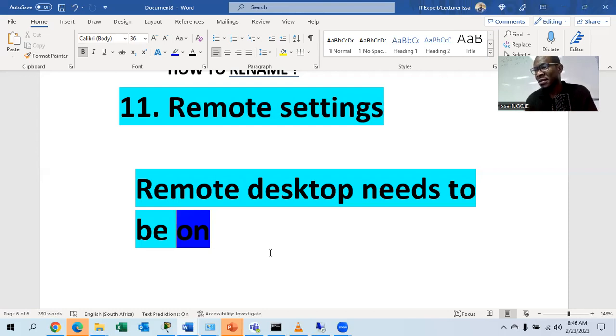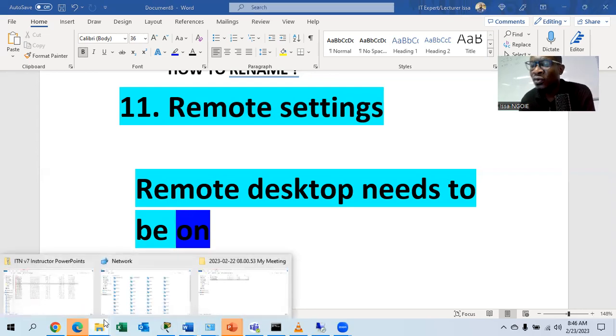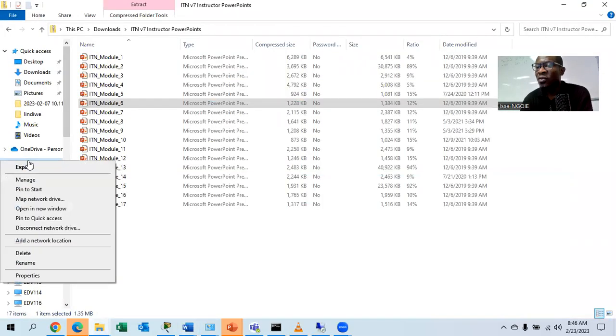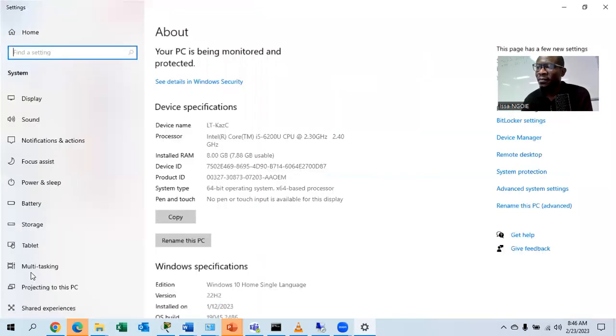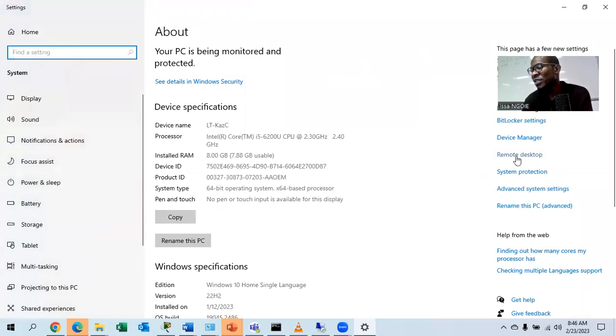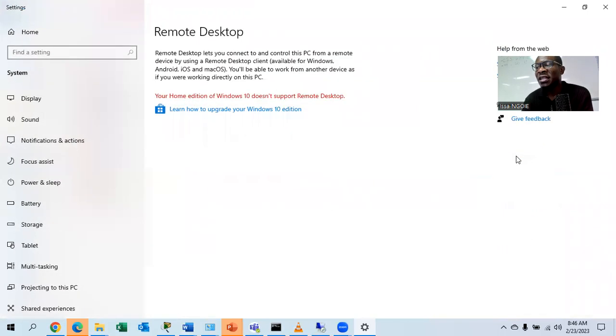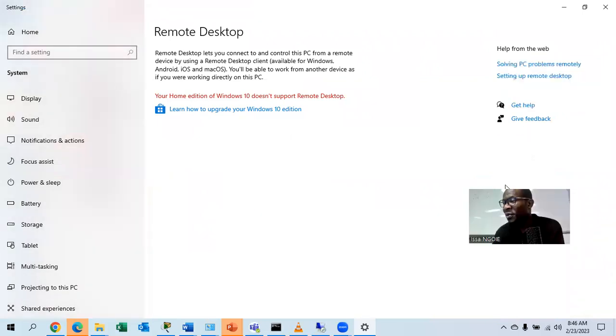Now, how to activate it? This is the main issue. You can go to This PC. You must do it together with me. You go to This PC, you right click on it, and you go again to Properties, right? You can see here it says Remote Desktop. You click on Remote Desktop. I don't know which operating system you are using, but you're going to see somewhere on the screen they're talking about remote desktop. When you click there,